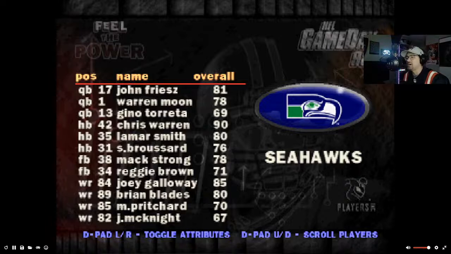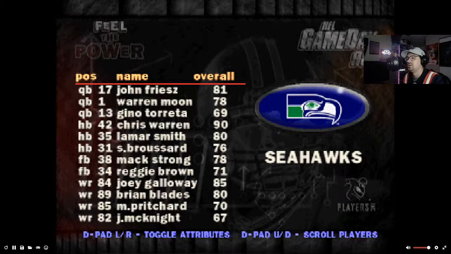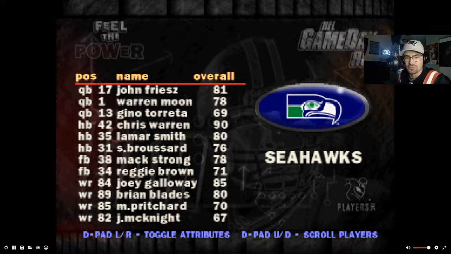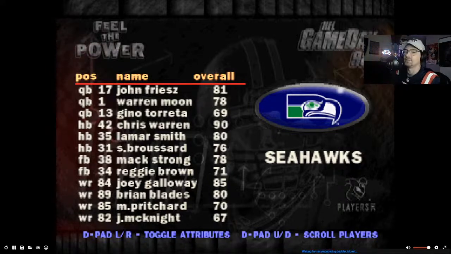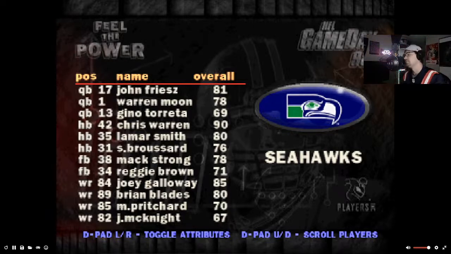We've got the Seahawks in the game. Look at this. Warren Moon is in the game, but Warren Moon is a backup to John Friesz. Warren Moon, if you don't know, is probably the greatest undrafted player ever. Should have been drafted. Let's get that right. He wasn't drafted for a very specific reason, and we won't go into it too political here, but I think you know where I'm going with this. There's a reason he wasn't drafted, and it's kind of a shitty reason.